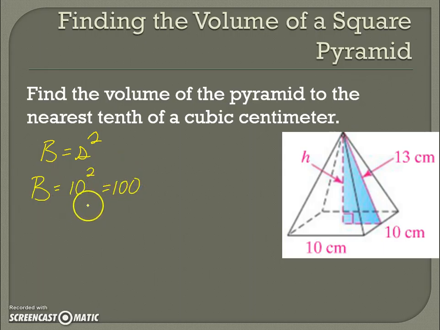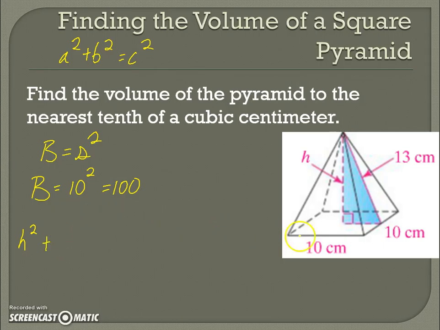All right, now we need to use the pyramid's height. Well, we're going to have to find the height, because notice here I have this value, 13, being this. I could figure this one out, and then this I'm going to have to do a little bit of figuring as well. So this is where the Pythagorean theorem comes into play. I'm going to say the height squared. If you recall, a squared plus b squared equals c squared. So the height is one of my sides, so instead of a squared, I'll write h squared